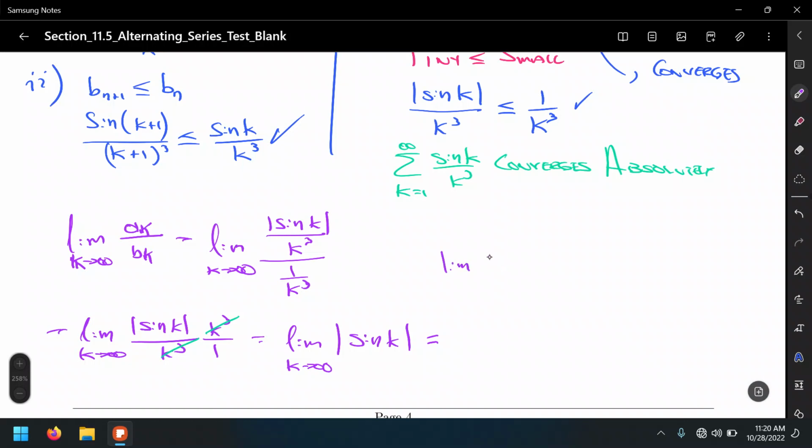I think it's a lot easier to do, just like when you have the limit of the square root of x as x approaches 5, for example. This is the same as saying the square root of the limit of x as x approaches 5. Those are properties of limits. So we can do the same with the absolute value function. We can do the absolute value of the limit of sine k